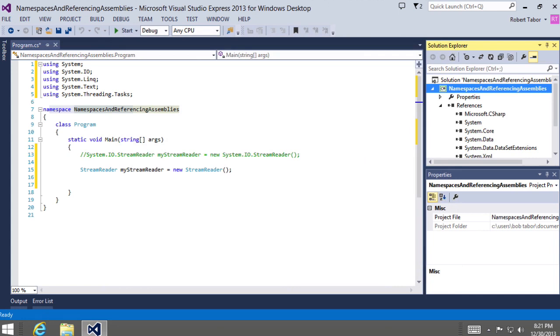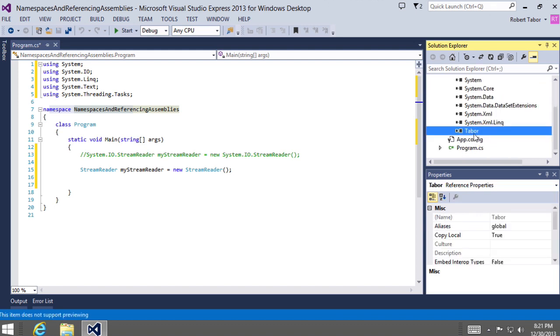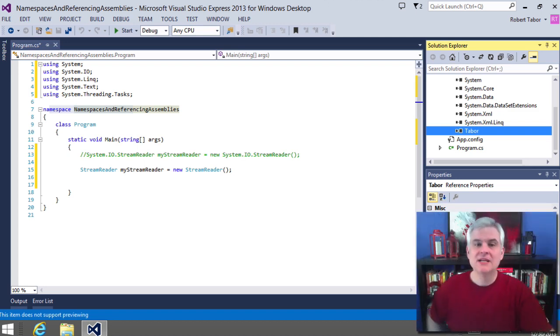I'm going to click the OK button. And now if you take a look at the Solution Explorer and go to the very bottom, you can see that we have added a reference to the tabor.dll file that was out in our documents directory. Great. So now that I'm referencing that assembly, I want to use the features of the Tabor assembly,